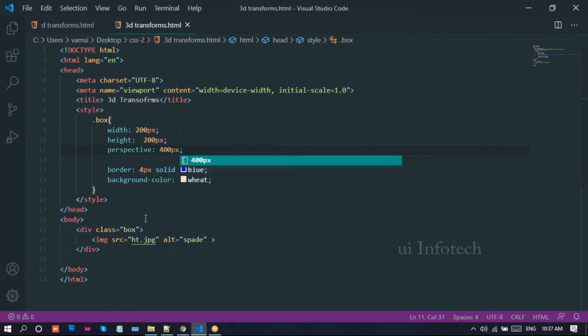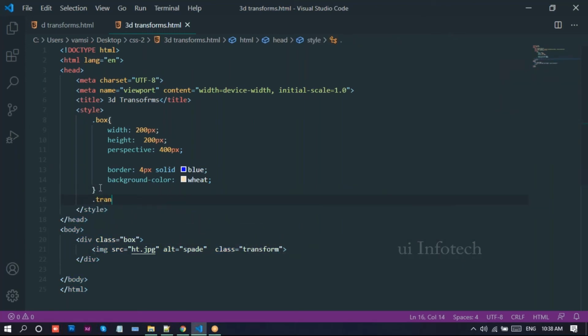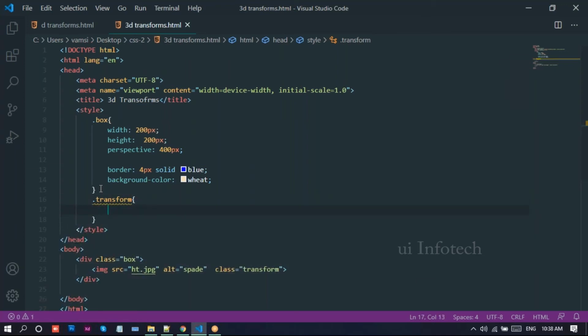Coming to the image, I'll provide a class name and write transform.